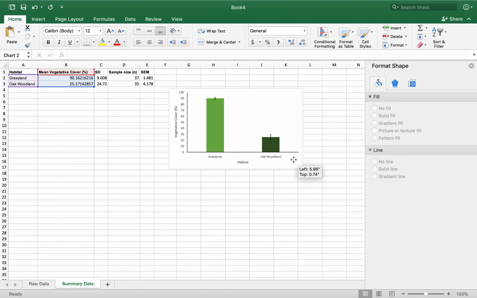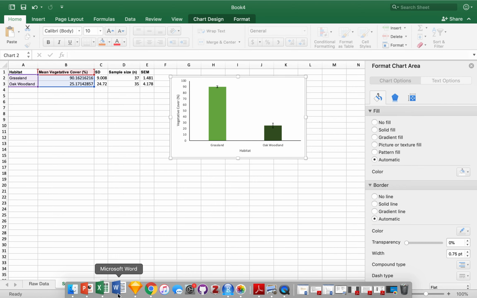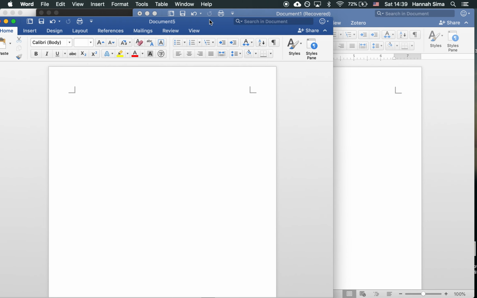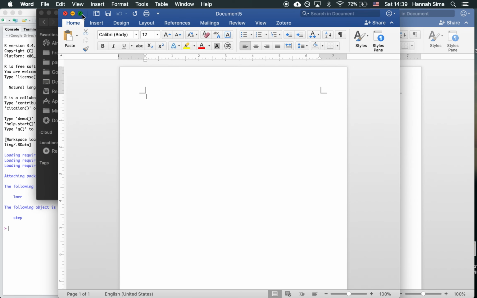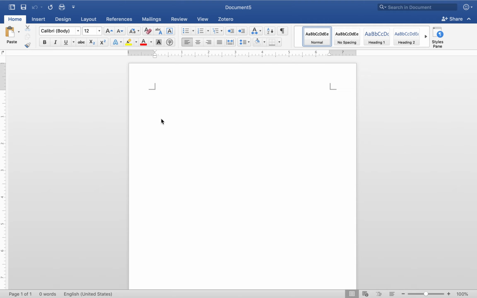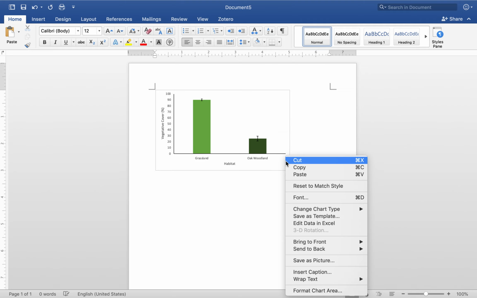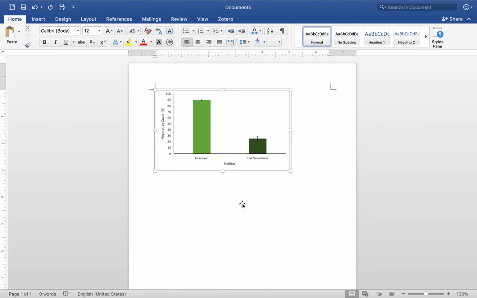The last thing that you're going to want to do is create a figure caption for it. So for instance, I can go in, ignore my documents. Here, I'm going to paste in my graph. And I am going to say figure 1. And the first sentence is something informative about the graph. So I am going to want to say